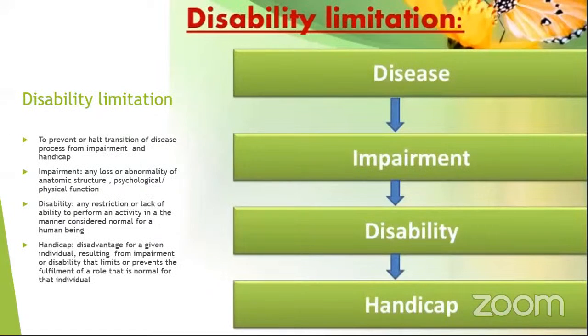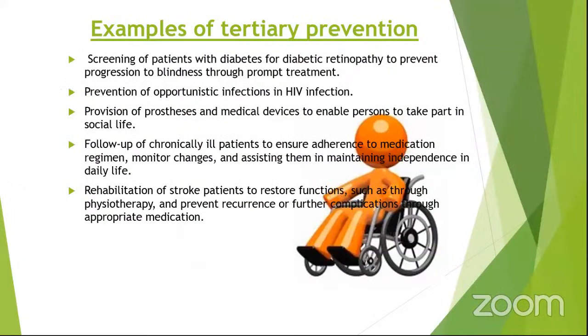So this is a slide showing the progression of a disease, and the main aim of disability limitation is just to halt the transition from disease to handicap. An example of tertiary prevention would be screening patients with diabetes for diabetic retinopathy to prevent progression to blindness